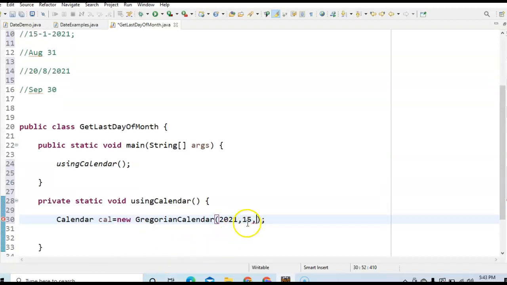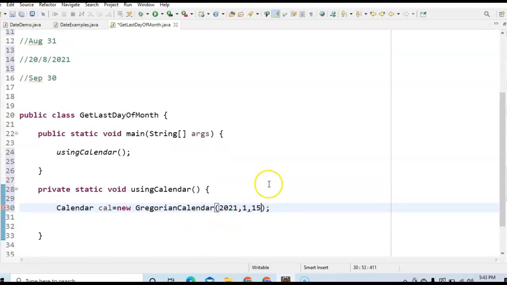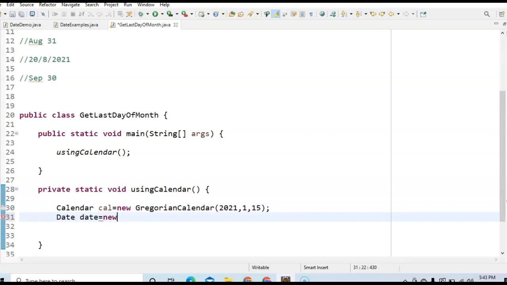Year, and the month is 1, and the date is, assume, the 15th. Now we have created the calendar instance. Next we need to create an instance of date: Date date equals cal.getTime().